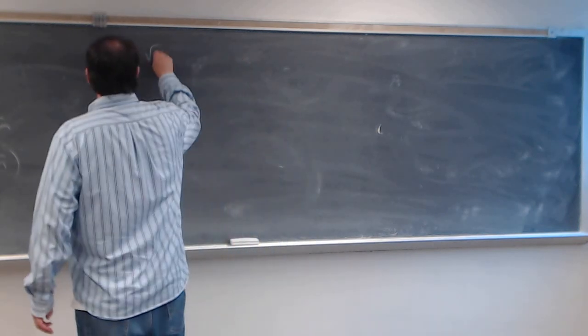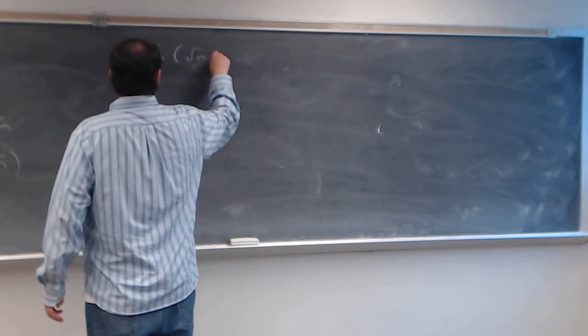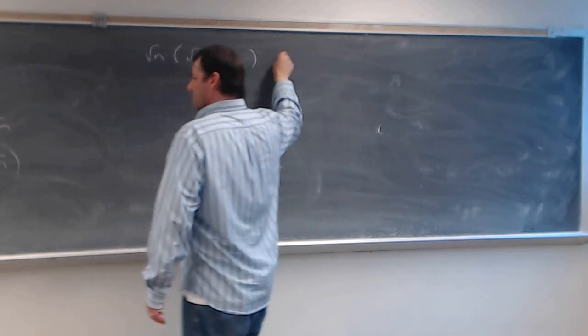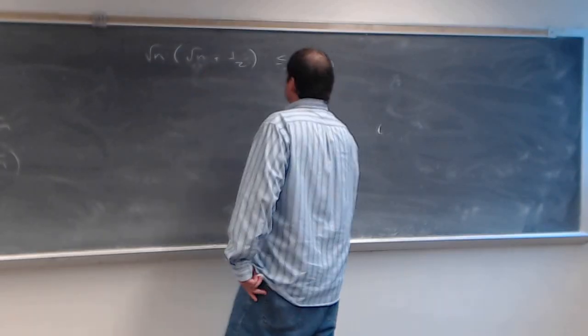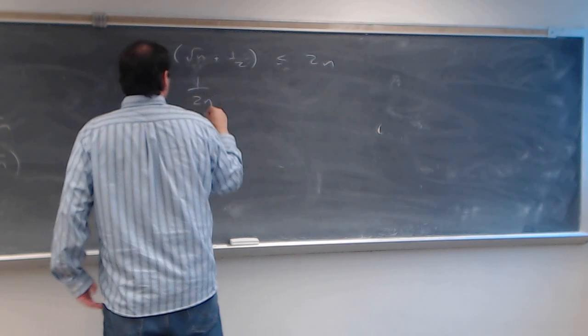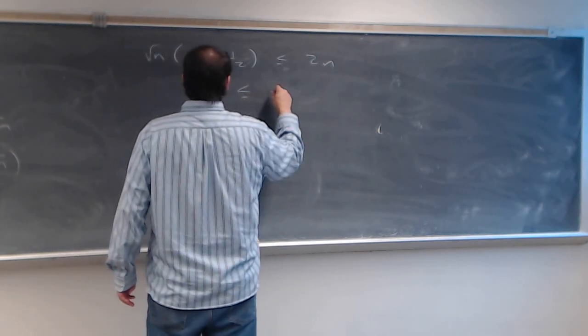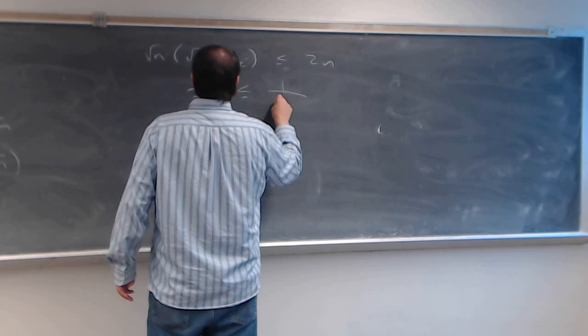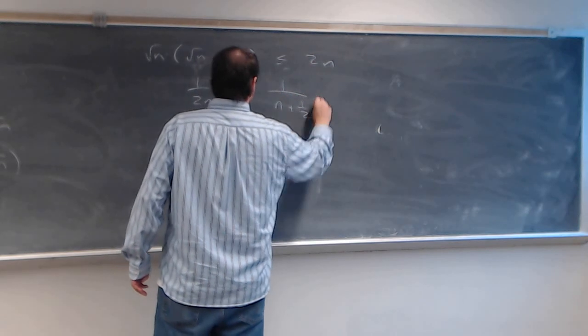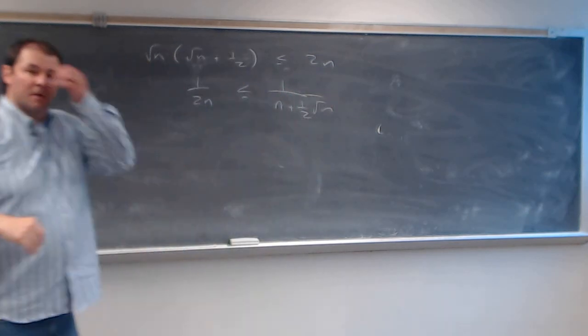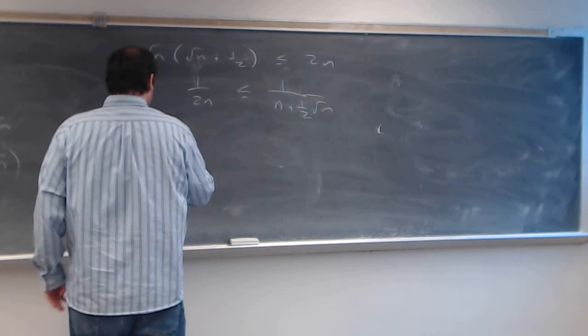Okay, so I've got square root of n times square root of n plus 1/2 is going to be less than or equal to 2n. So this says 1 over 2n is going to be less than or equal to 1 over square root of n times the square root of n plus 1/2. Now, this series,